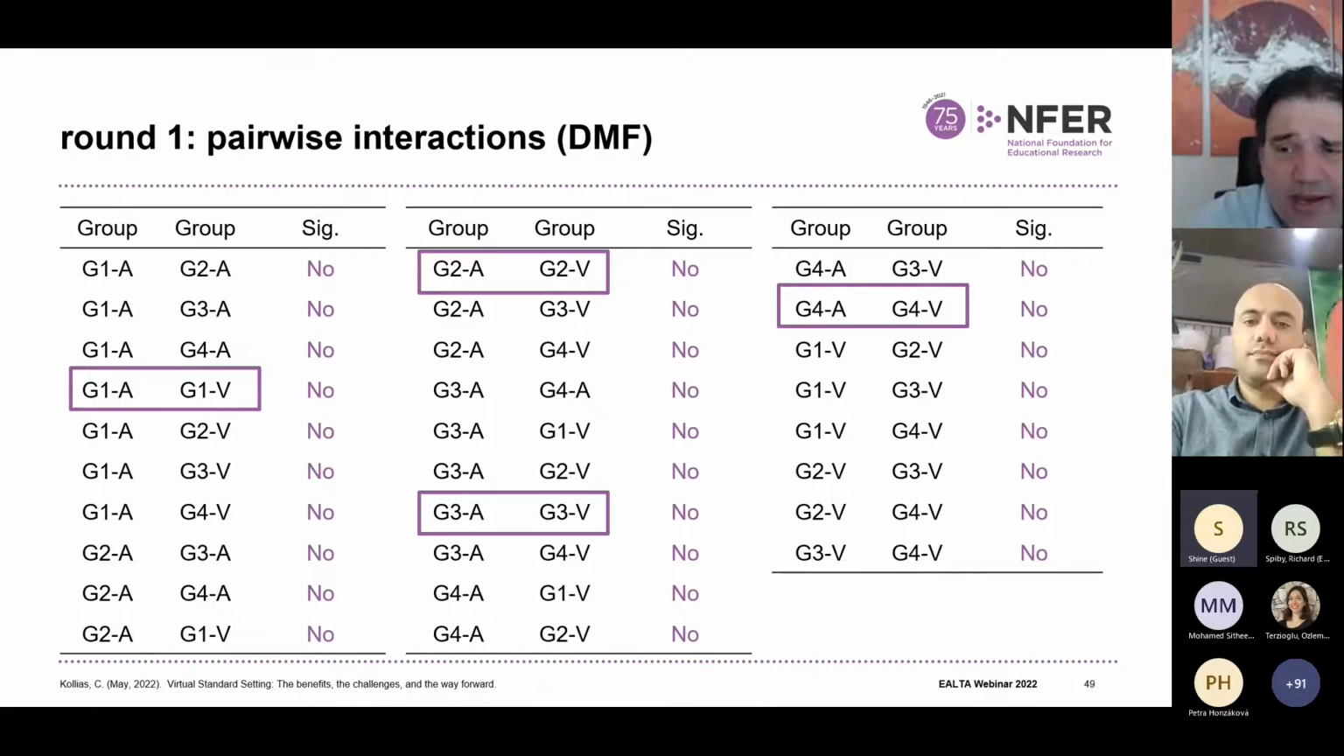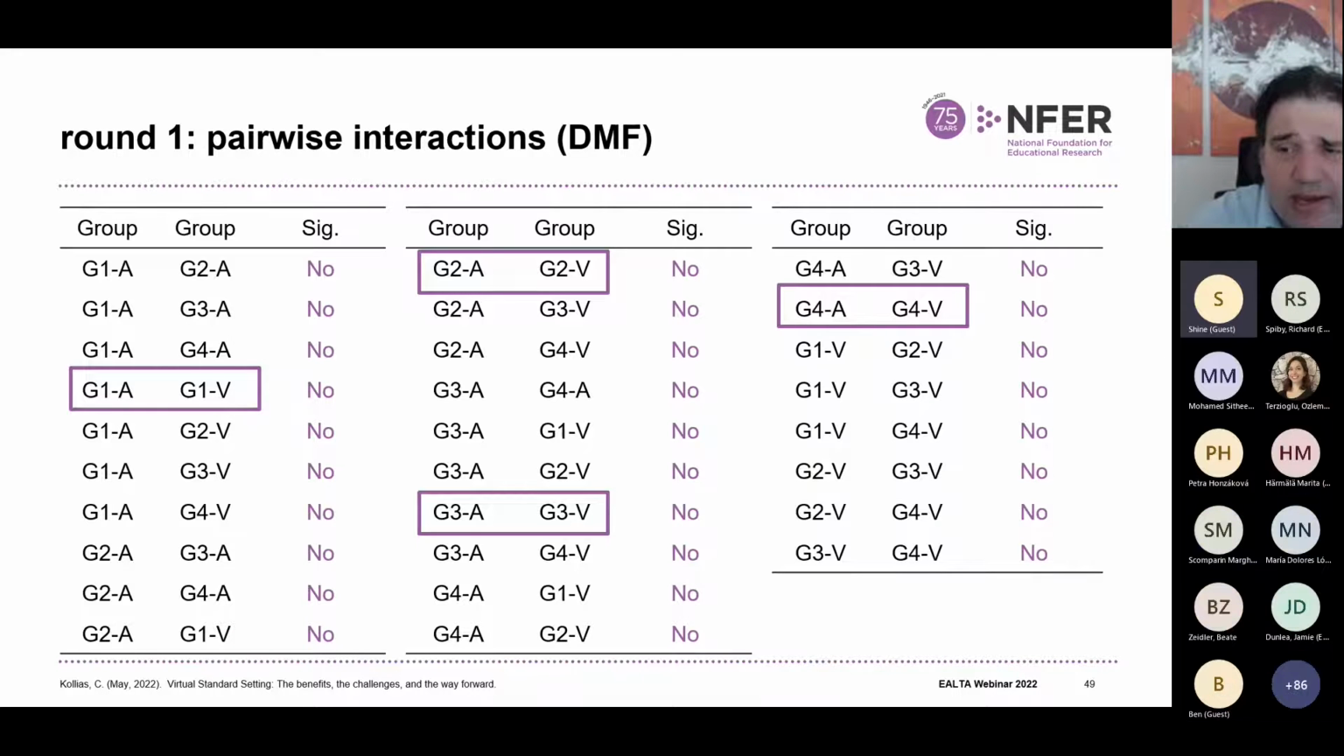Bias interactions, which I'm calling differential medium functioning, and after taking into consideration comparisons, making the adjustment. For round 1, if you think about it, it's got 28 different pairwise interactions. They were not statistically significant. And what I've done here, I've given you